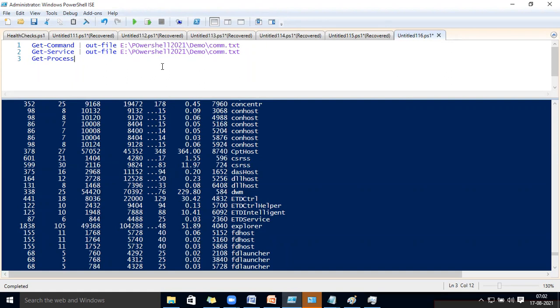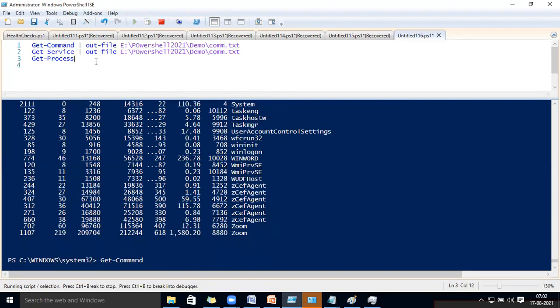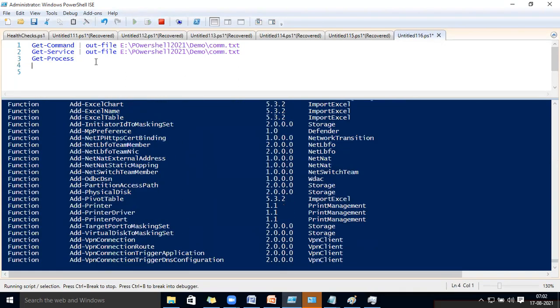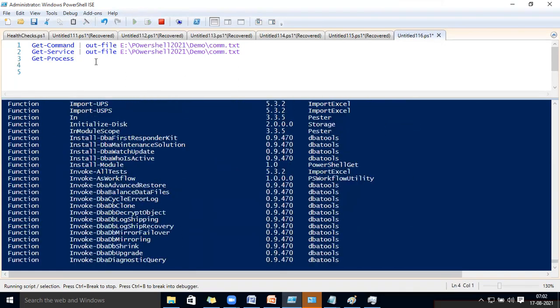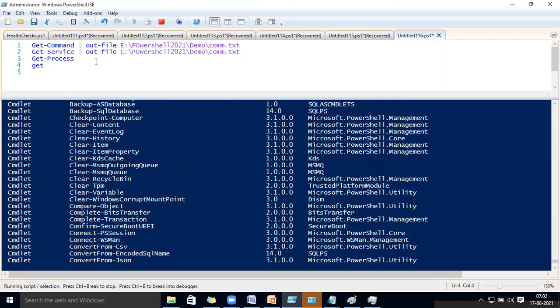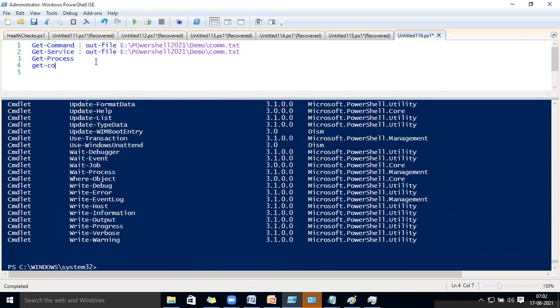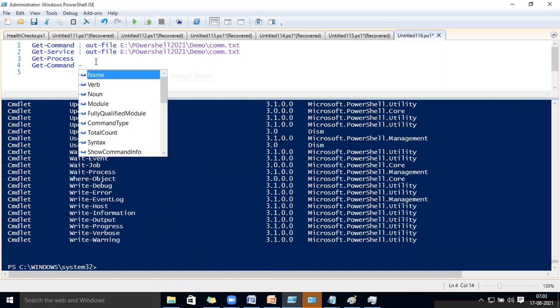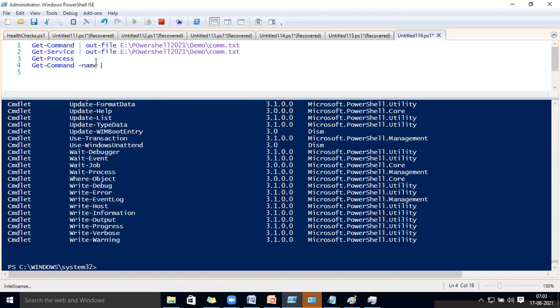Okay, so now I'm going a little bit further. If you want to search for any Get-Command, how will we search? You have seen that whenever we run Get-Command, this much result was coming. So in PowerShell, how do we filter the search? We will write Get-Command -Name and then you can give the command you want to search.